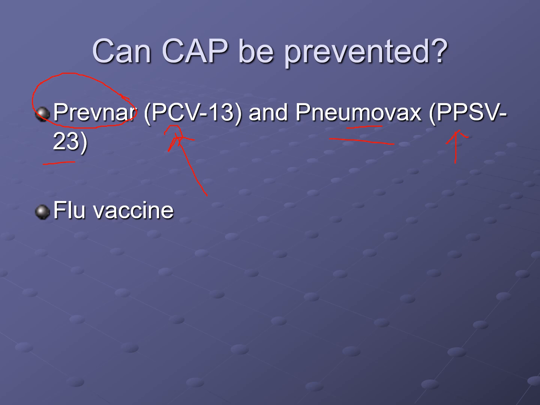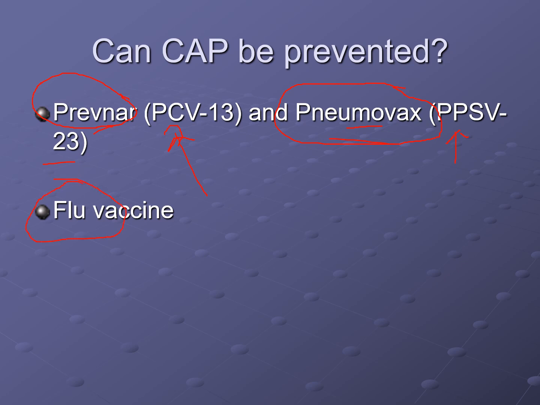It is a little bit strange because if one has a chronic illness, we only give the Pneumovax. I think this is somewhat controversial. Of the 23 things that are in the Pneumovax, 12 of them are in the PCV. The PCV has only one that the Pneumovax doesn't have. But again, the PCV is considered to be a more effective vaccine. So they may change this over the next few years. But as of right now, if you're younger and you have asthma or other chronic illnesses, diabetes, we would give you the Pneumovax, and then we would give you the Prevnar at 65.